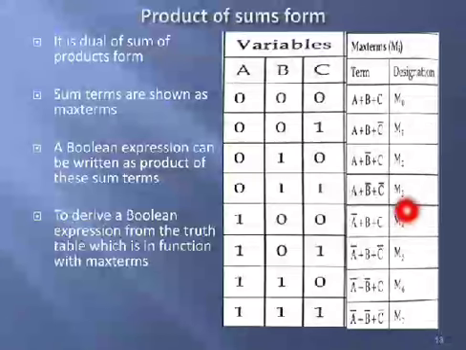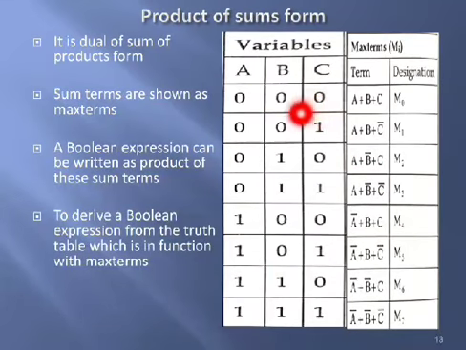So for example, if you are considering a three variable POS, a product of sum form, for three variables you will be having 8 max terms. All the product of sum terms can be called max terms, which are indicated with capital M, and if you remember, the min terms are indicated with small m's and max terms are indicated with capital M's. That is the difference between min terms and max terms representation.